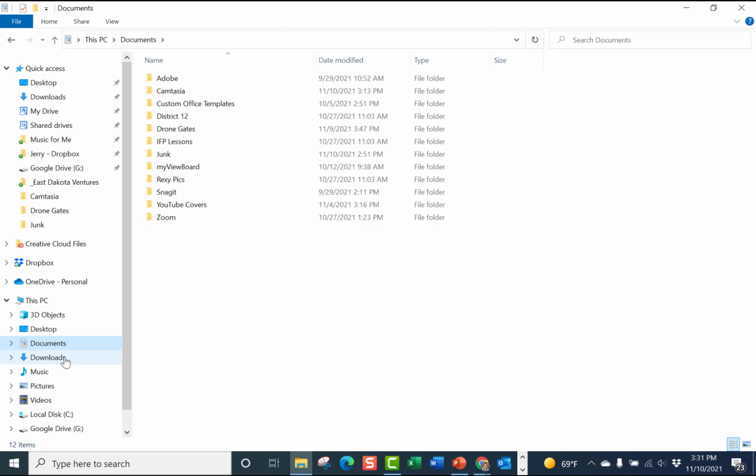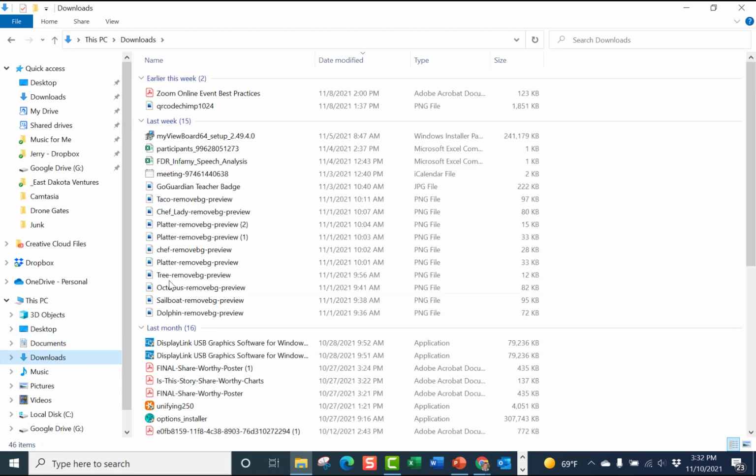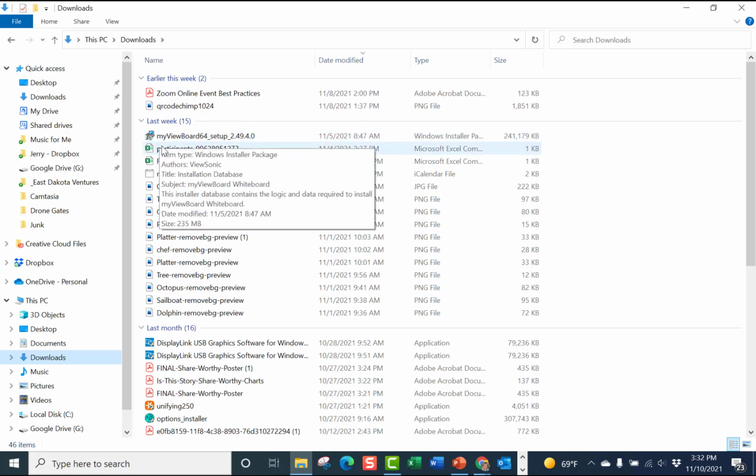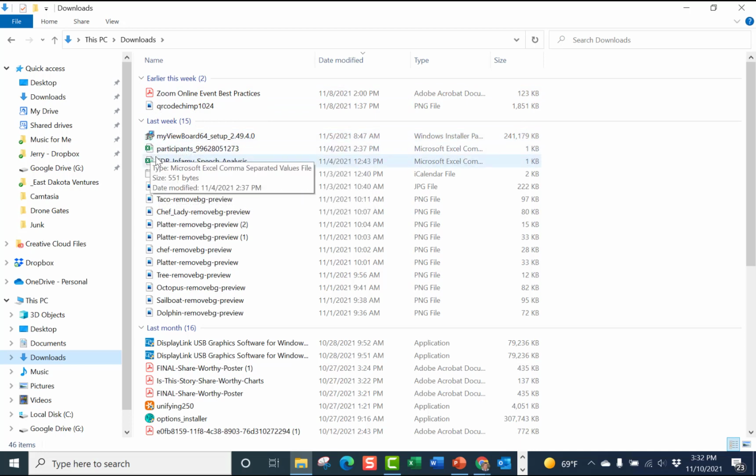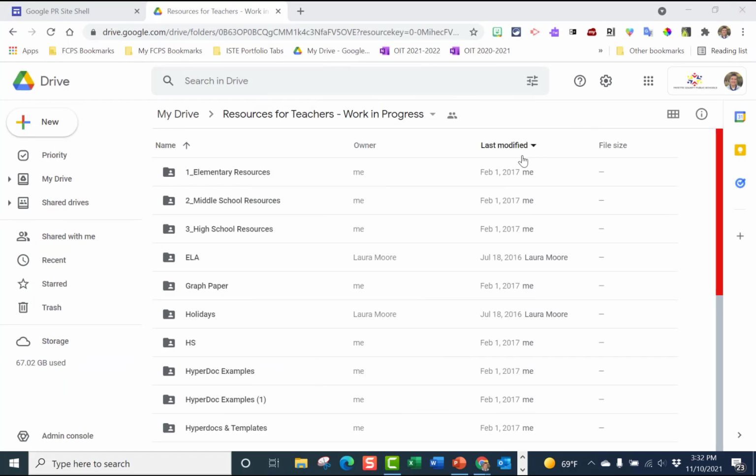Now, if I go to my downloads, these are folders with files in them. So if I go to downloads, I get a better picture of what the file is because here I can see this one's a PDF. I can see that this is an install file, this is an Excel spreadsheet. I can see that these are pictures and so forth. So that's really helpful. Well, Google Drive does the same thing with files, but not the same thing with folders